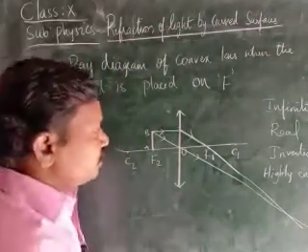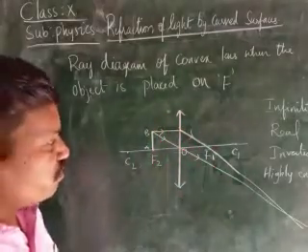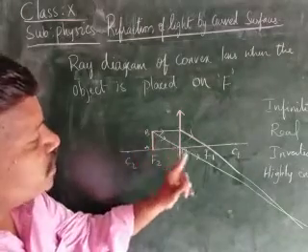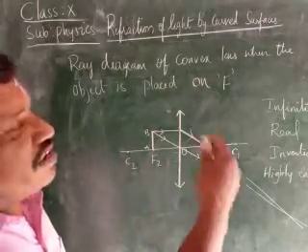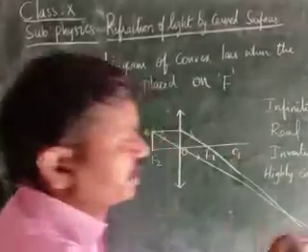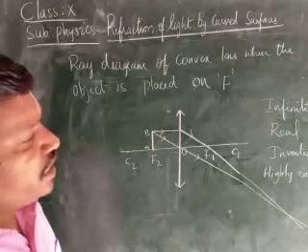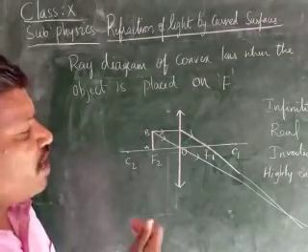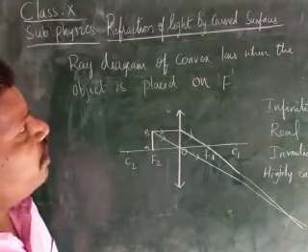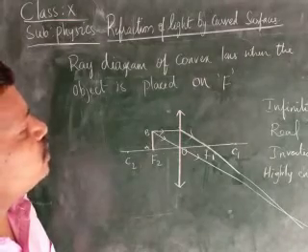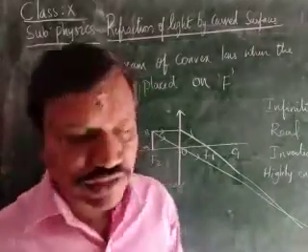Here in this case, when the light ray is passing parallel to the principal axis, after refraction it passes through the focal point. And the second rule is that when the light ray is passing through the optic center, it is undeviated, children. Therefore, here they are not meeting actually over here, but if they are extended, they meet somewhere at some infinity point. Therefore, here the image is formed at infinity. It forms a real image, an inverted image, a highly enlarged image, children. Okay, this is a ray diagram when the object is placed on F. This is about the fifth case.